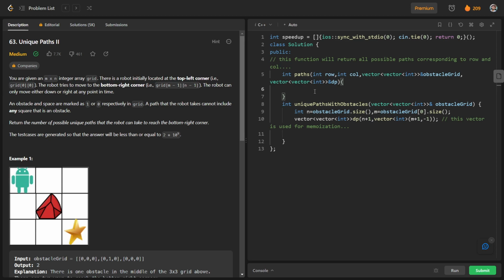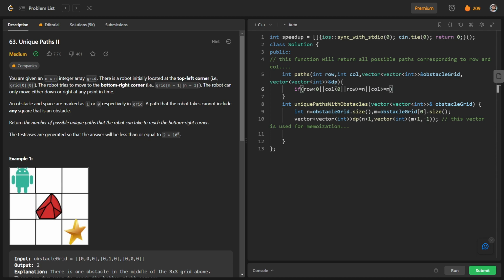So let us talk about base cases. If the robot goes out of this grid, what can we say? We can say that we will just return 0, because the robot is not reaching the last bottom right cell. Or if a cell contains an obstacle, we will again return 0, because it is not going to reach the last cell. So we will write a case: if row is less than 0, or column is less than 0, or row is greater than or equal to n, or column is greater than or equal to m.